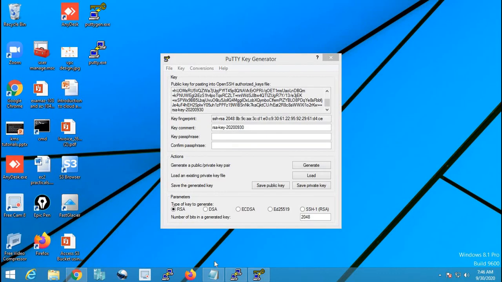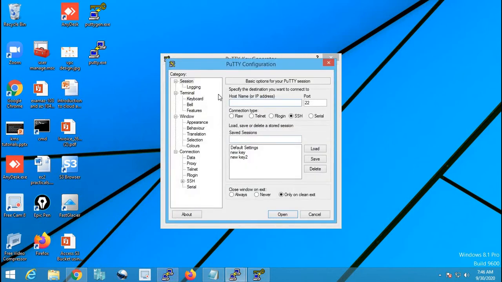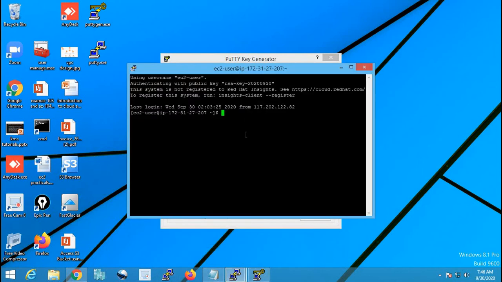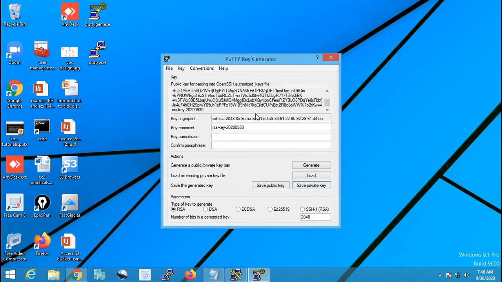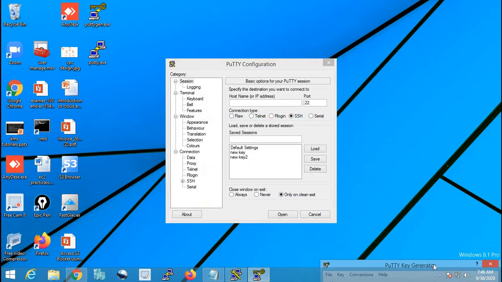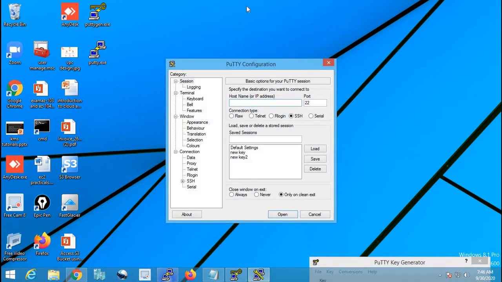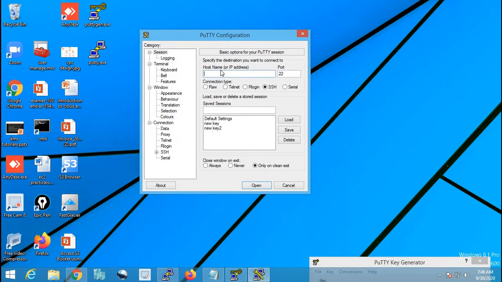And this time let me check with PuTTY, and we have already created two profiles. Maybe I'll log out from both PuTTYs. This PuTTY also I'll log out. Say exit. I am out from PuTTY, and there are two PuTTY generators. Let it be as it is. Keep it aside. So many PuTTY generators.